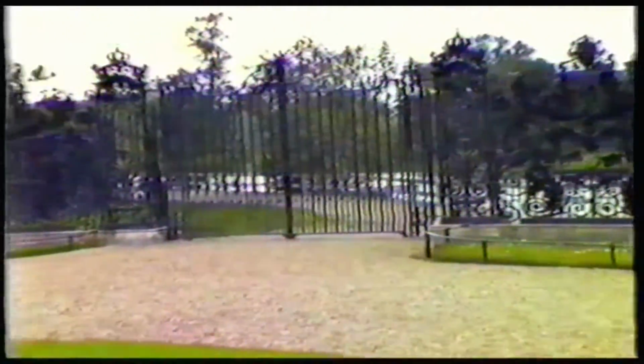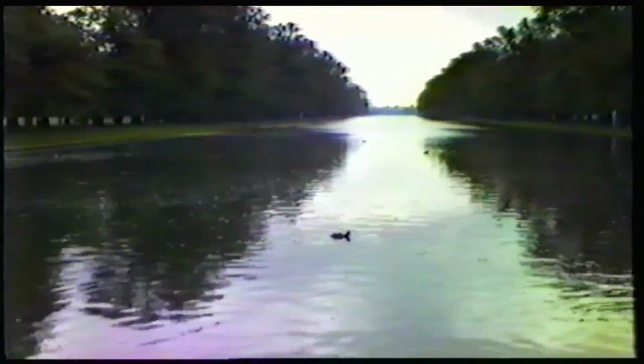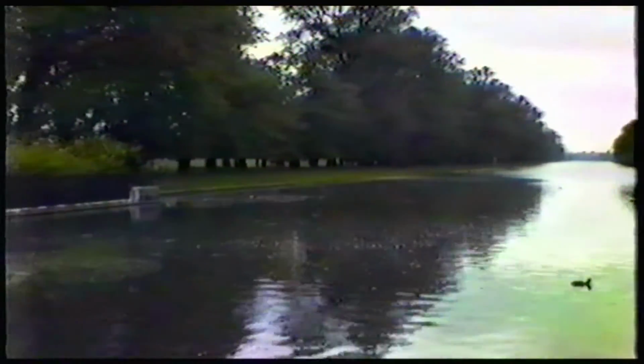Go around, Alec's over here somewhere. There he is. Lovely ironwork. Another view, that's the moat there running around. There, and then it runs out into this sort of a lake, and there it is. You look right along there with the lovely trees and the grass each side. There's another view of the river up at Hampton Court. It's starting to get very windy and it's just starting to rain. It's a pity really, but